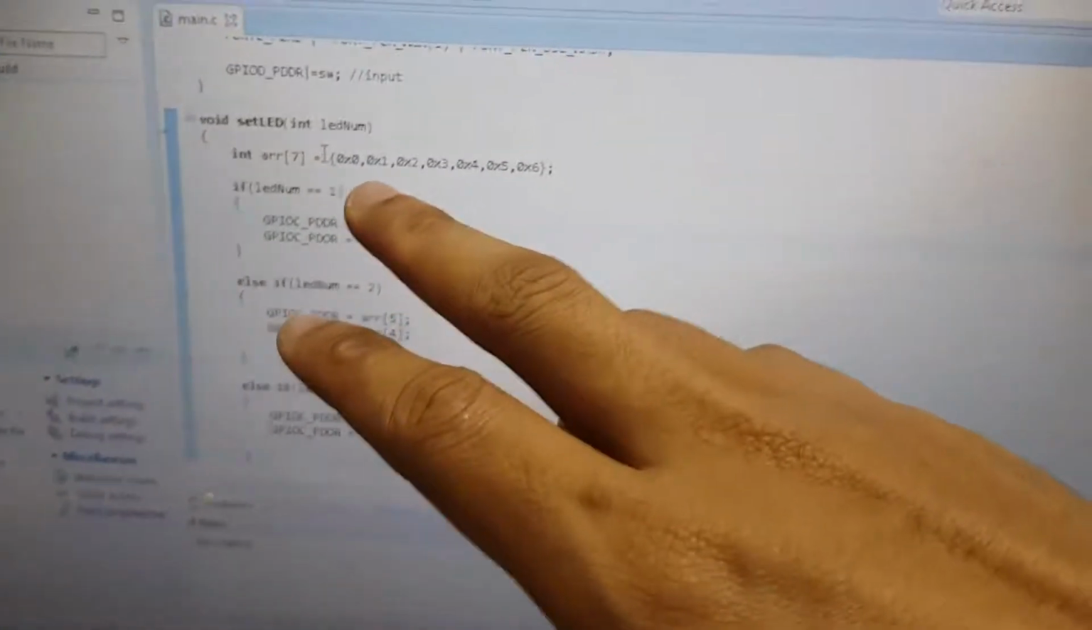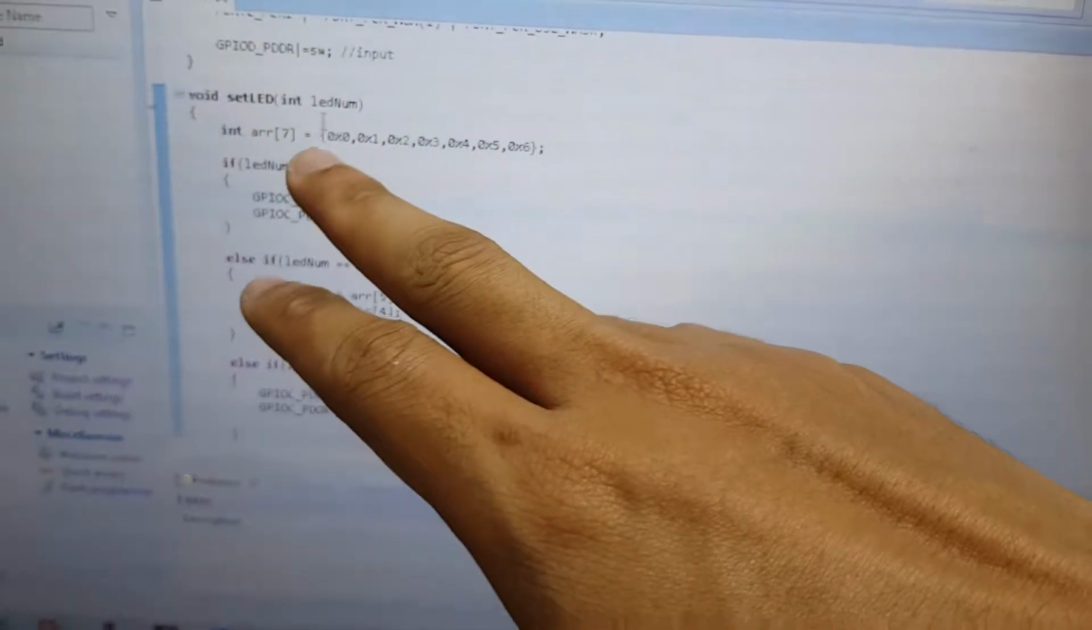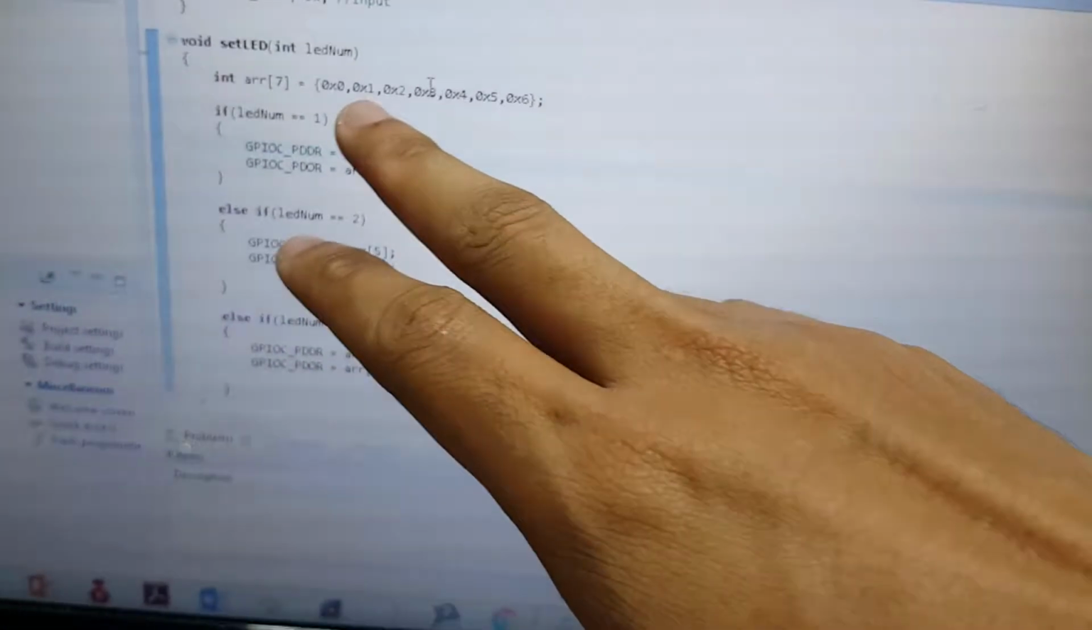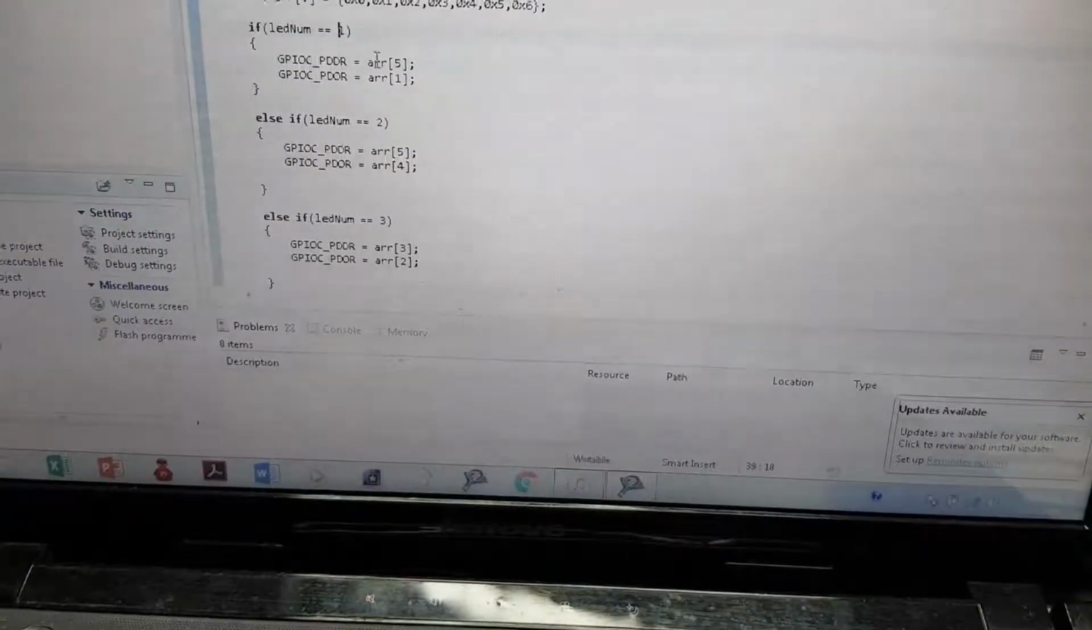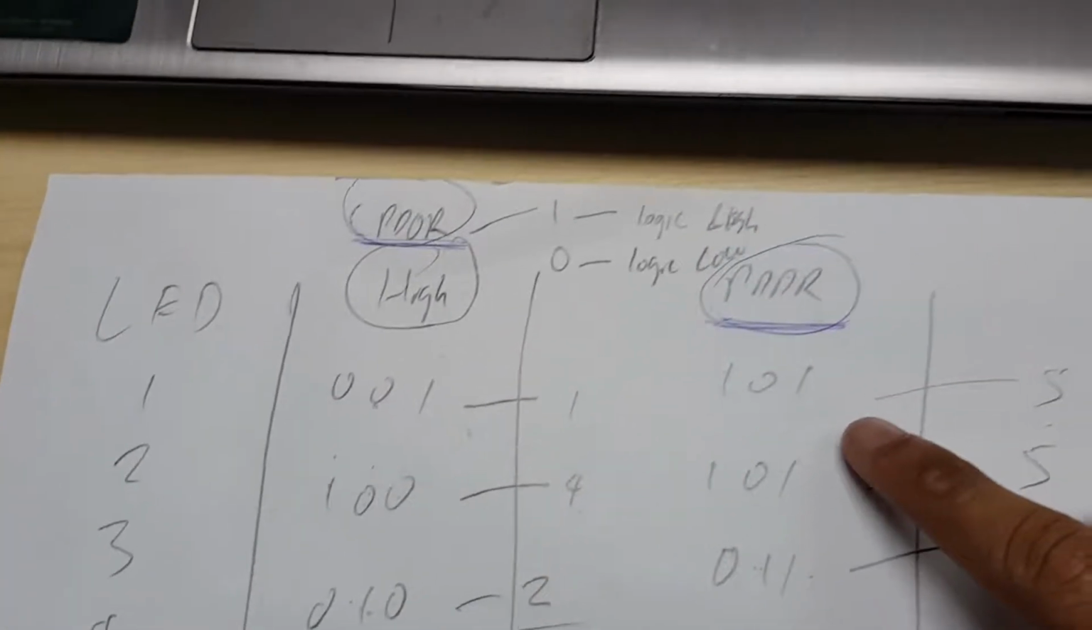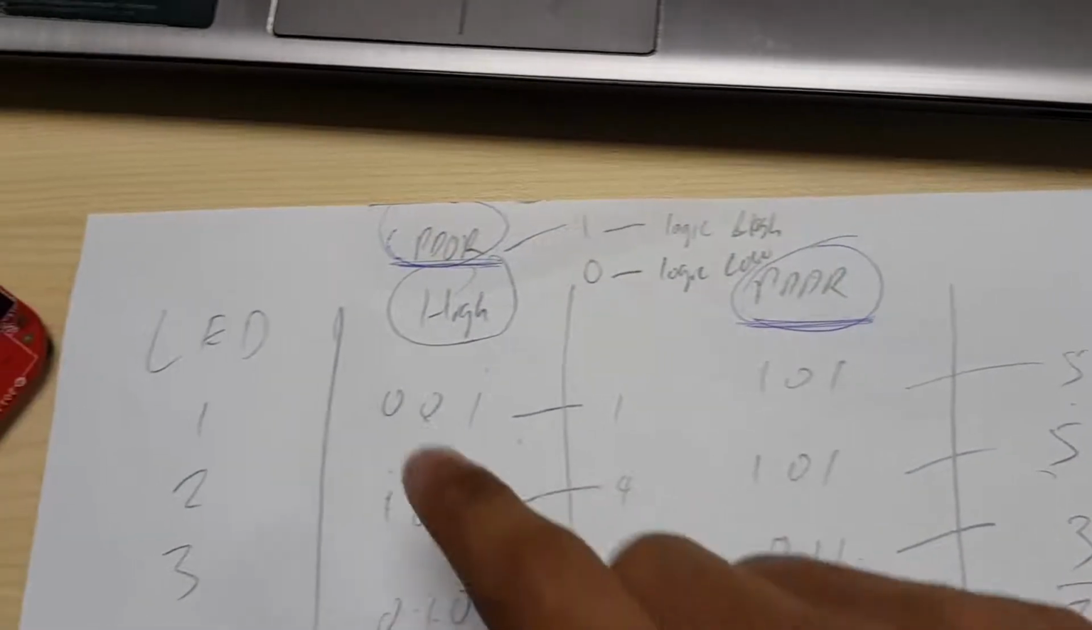So this part is the array, which is 0, 0x1, 0x2, 0x3, 4, 5, 6. I did it here in Excel because it makes it easier for me to do the code. For example, if I want to light up LED 1, you need a combination of 5 and 1, as explained before, which is PDDR 5 and